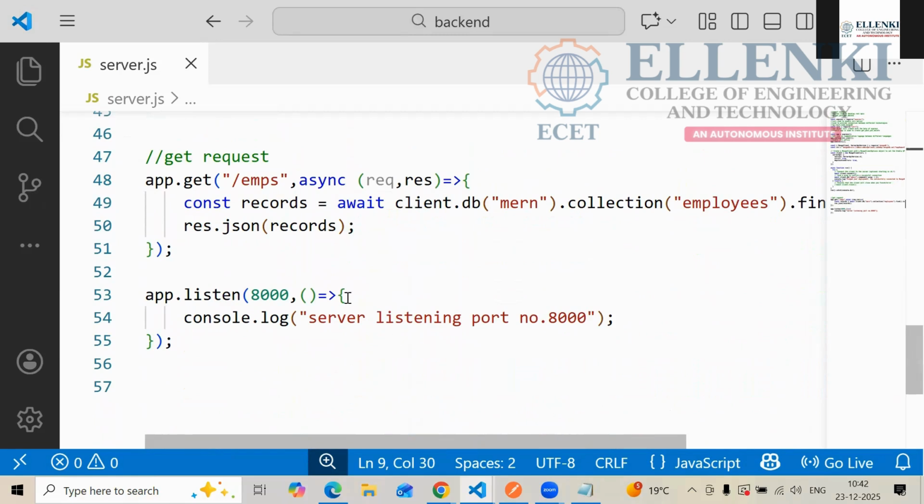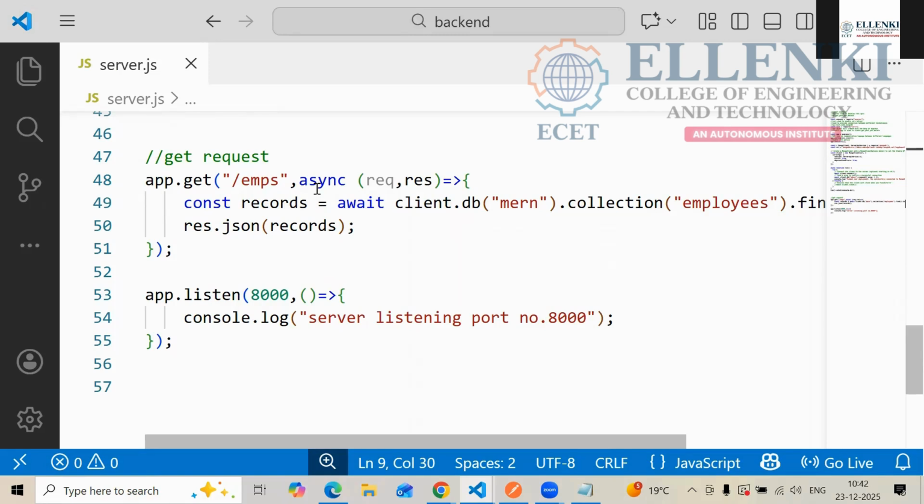Which table are we having? This is the endpoint where you have to connect in the DB. How are we going to create the endpoint? Double quote, slash, whatever name you want to give. And when you are getting the request, with asynchronous calls, there will be two things: first is async and second one is await. Async, await you have to write here.